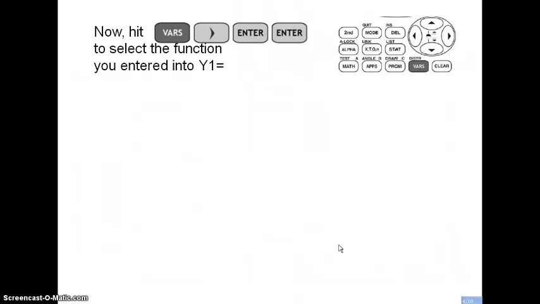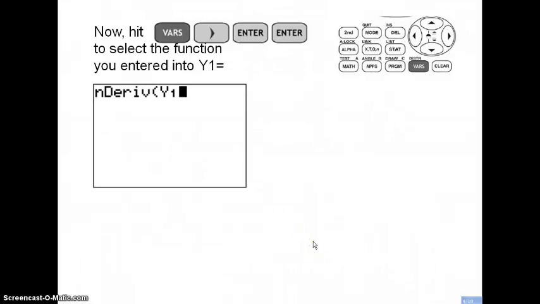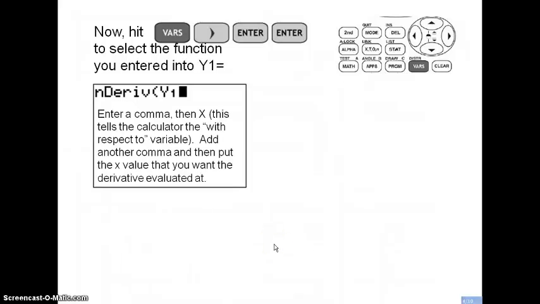And you're going to hit vars, then you're going to hit the right toggle button once, and you're going to hit enter twice. And that will select the function that you entered into y1. And this is what should be in your home screen now. So what you're telling your calculator is, I want you to find the derivative of the function that I entered into y1. The next thing you'll tell your calculator is you'll enter a comma and then you'll hit the X